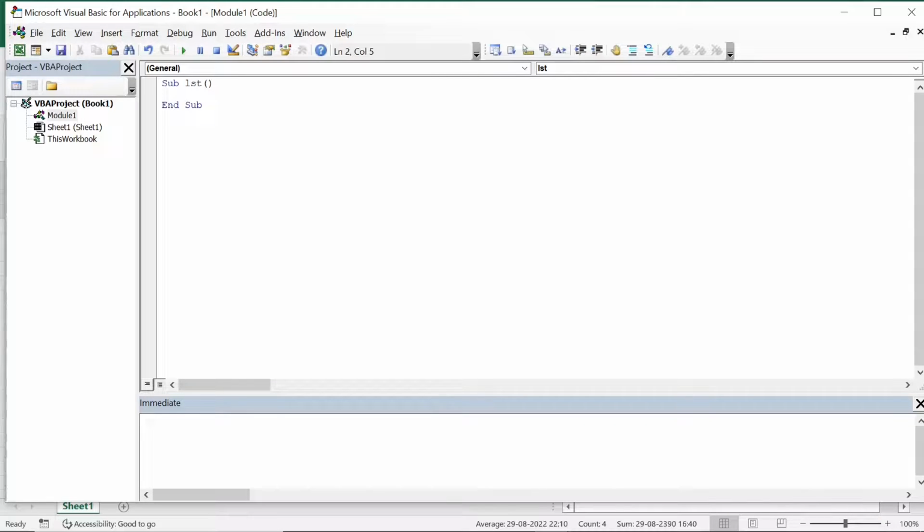Here I'll give the for next. For r is equal to 1 to 4, then next r. We'll loop through this r 1 to 4 and cells of r comma 1. So 1 for column. So column is the first column we have data. So r column 1 is fixed. R keeps changing because there are 4 rows. Cells of r comma 1 dot number format